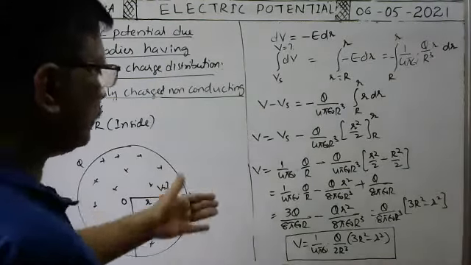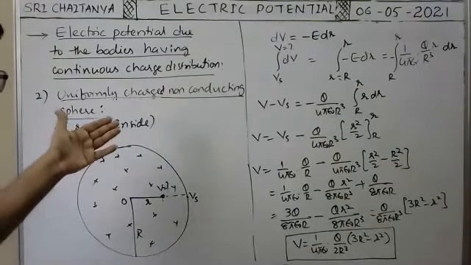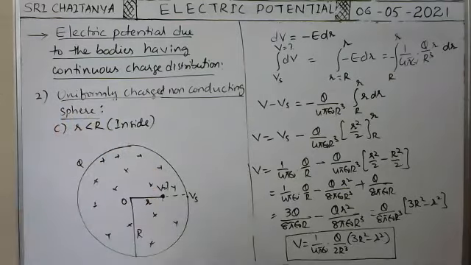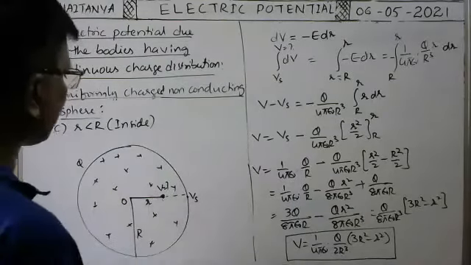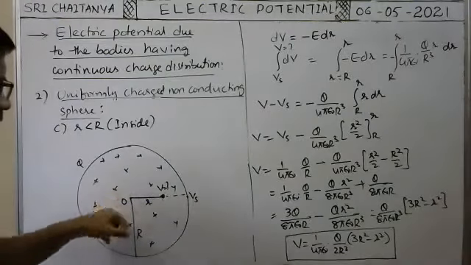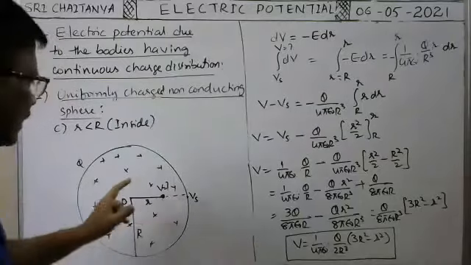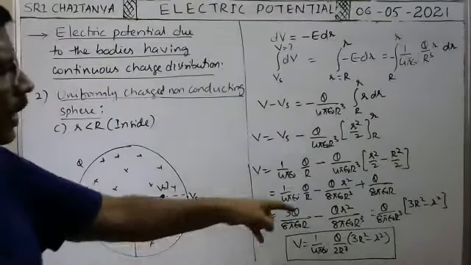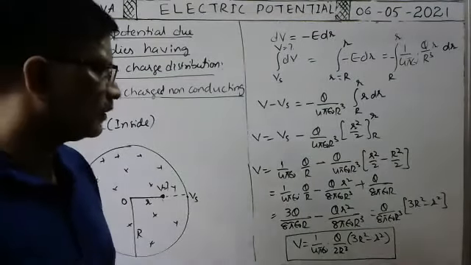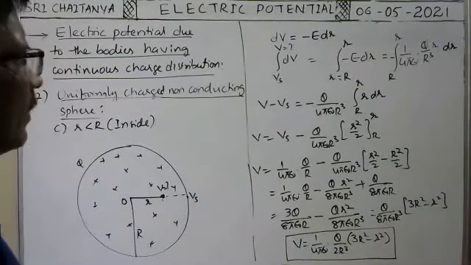Okay, this is the formula for electric potential at any point inside the non-conducting charged sphere. At the center, what is the potential? At the center of the non-conducting charged sphere, what is the potential? At the center means that is inside only. That's why you put, at any point inside, the formula is this one. At center means small r equal to 0. You put small r equal to 0 there. When you put small r equal to 0, then you will get the potential at the center.